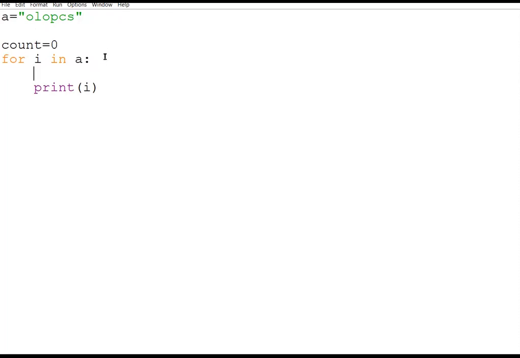We know now that in i we will get all the characters one by one: first O, then L, then O, then P, then C, then S. So directly I can check if i in, and then in quotes I can write a, e, i, o, u, because these are all my vowels, plus A, E, I, O, U. If it is in that category, I need to increment my counter. So my count is equal to count plus 1.